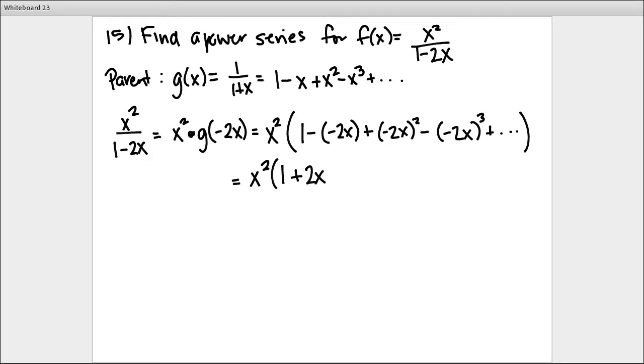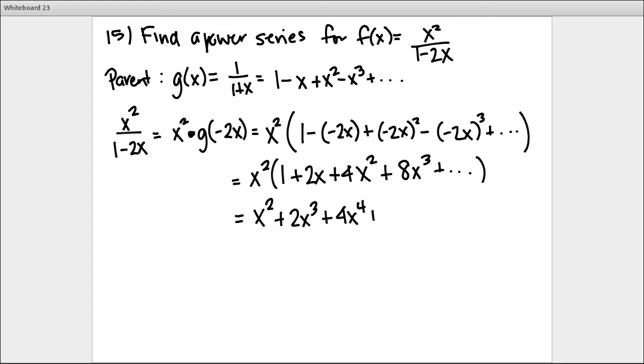Squaring the negative 2x will give me a 4x squared. And then cubing the negative 2x will give you a negative 8x cubed, but then you're subtracting it, so that becomes a plus 8x cubed, and it keeps on going like that. And then we distribute the x squared in there, and you'll have x squared plus 2x cubed plus 4x to the 4th plus 8x to the 5th plus,